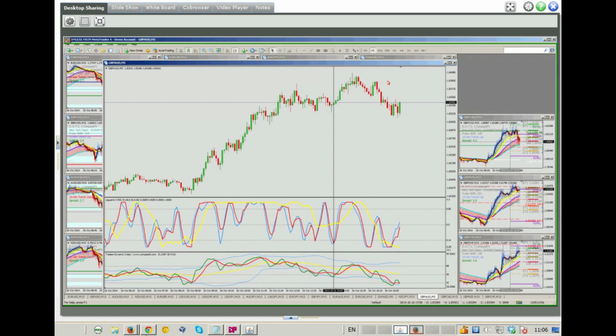Once you're in the trade, you go back to your 15-minute time frame, and you monitor your trade from there. How I exit a trade: if I get a pullback, I'll stay in it on the opposite color candle. But if I get another green candle, I will exit the trade, and I will trade the pullback